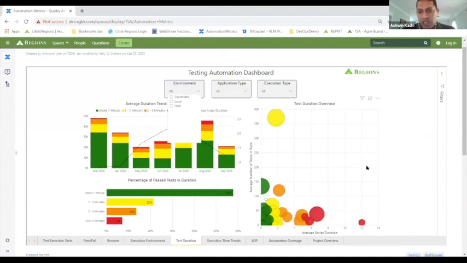So we'd reach out to them and say, hey, how can you break down your test cases into smaller test cases? Whereas these are the projects that ideally use a lot of APIs to make the tests much faster, right? So this is, again, a useful chart that we use.